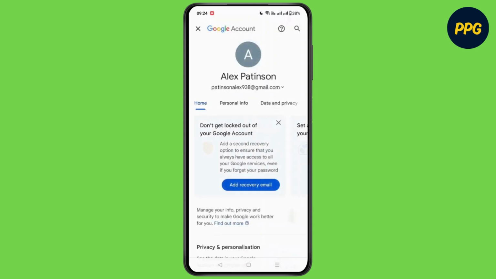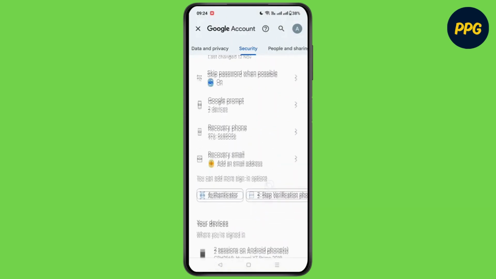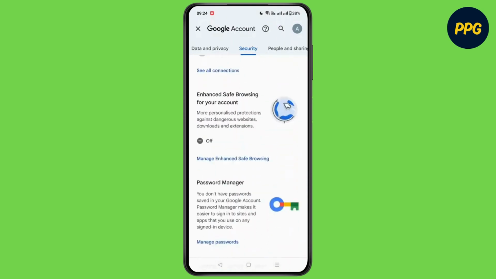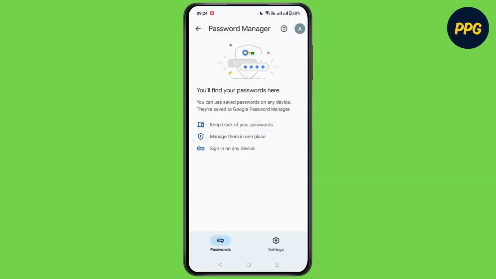Once you head toward the Manage Google Account section, in the tab bar, simply search for Security. Scroll all the way down and you will be able to see the option of Password Manager. Click on Manage Password. As in this account I have not used any password, I will be switching to